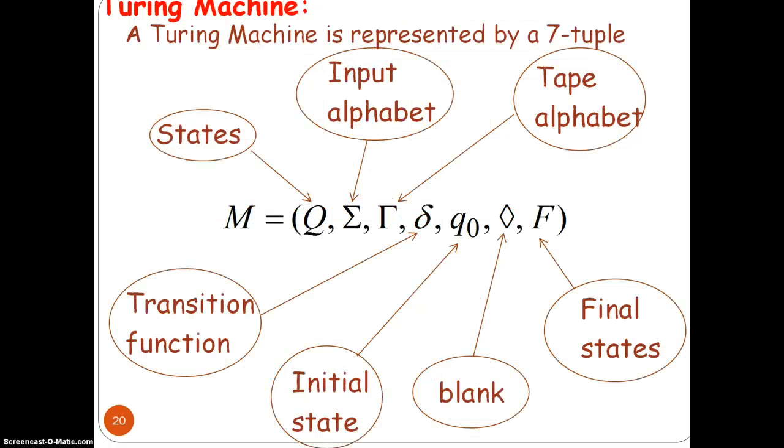In a Turing machine we have 7 tuples. The first tuple is capital Q, the set of possible states, and next is the input alphabet, then the tape symbol, then the transition function. The transition function tells us how the transition takes place in a Turing machine. Q naught is the initial state from where we start working our Turing machine, and next is the blank symbol. Blank is the symbol to denote that our tape is of finite length, because in a Turing machine our tape is of infinite length. To make that tape finite, we write the blank symbol B. And F denotes the set of final states, because the final state can be more than 1.